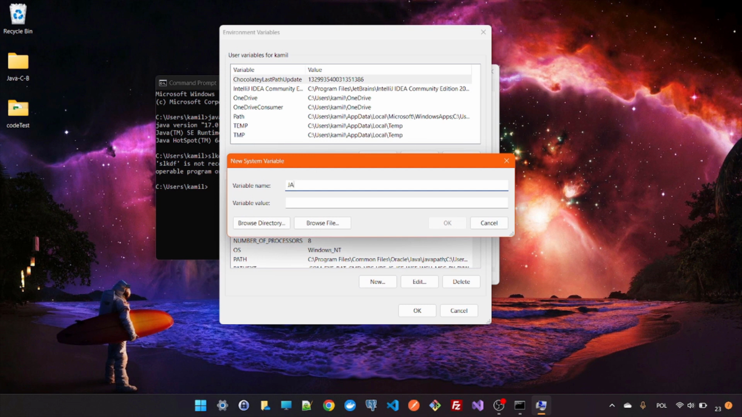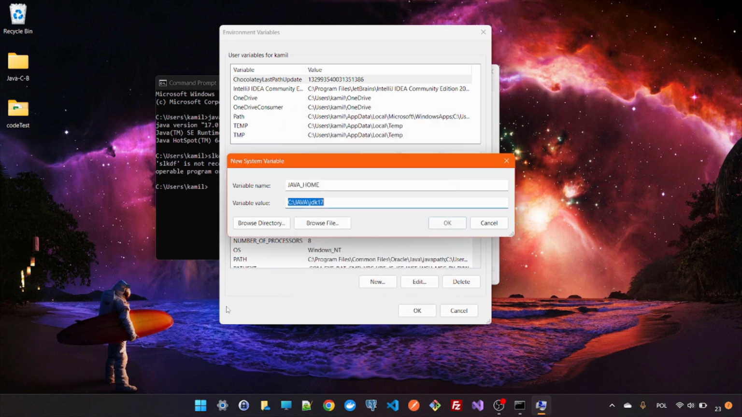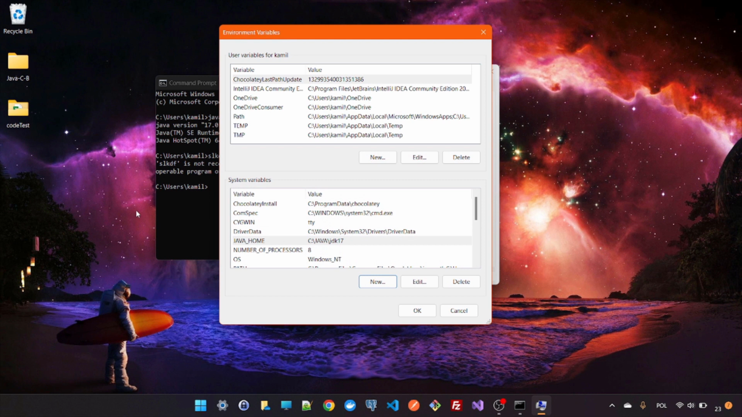Let's create JAVA_HOME, and here we need to provide the path to our JDK. Browse directory, and we need to find, for me it's C, Java, JDK 17, and click OK. So that's correct, and we've got JAVA_HOME, and now we need to add this newly created JAVA_HOME variable